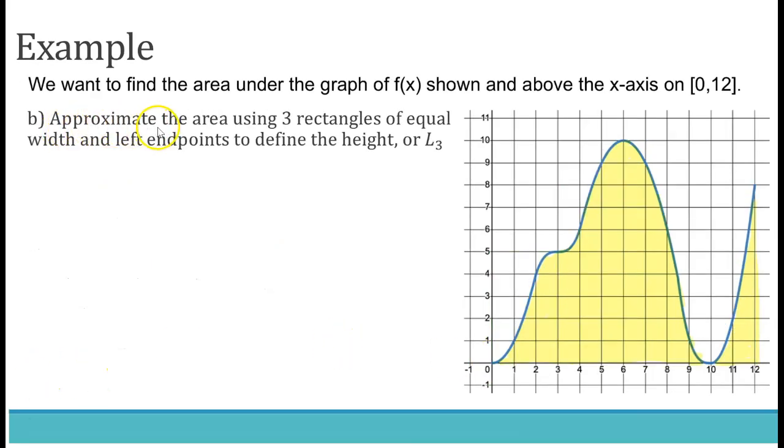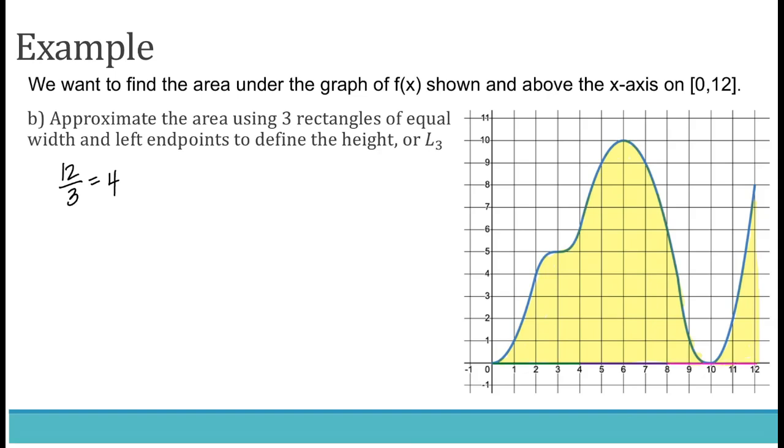In part B, we want to approximate the area using 3 rectangles of equal width and left endpoints to define the height, or L3. So this time, if we're only using 3 rectangles and we want to have equal width, then that interval from 0 to 12 is going to be split into 3 equal parts, so each one is going to have a width of 4. So my first interval is going to extend from 0 to 4. My next interval is going to extend from 4 to 8, and my last interval will extend from 8 to